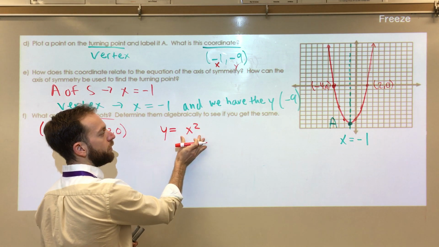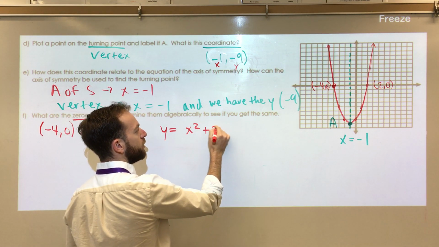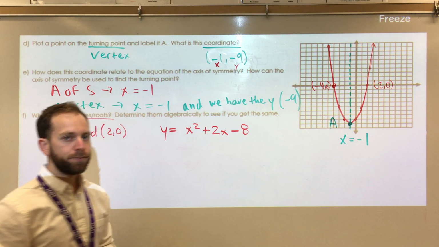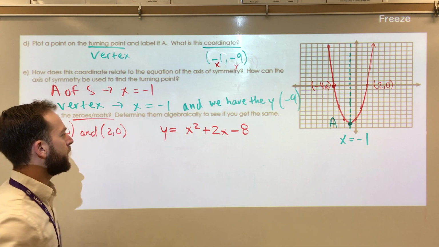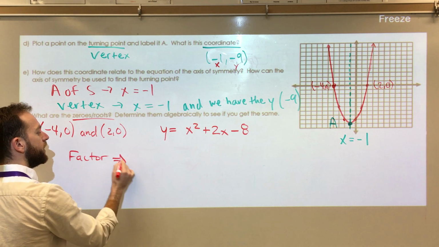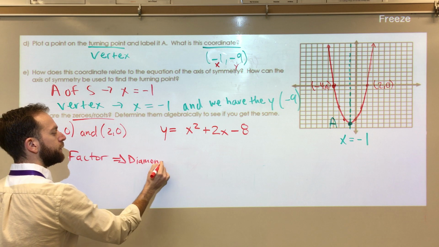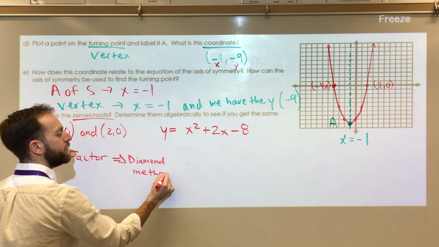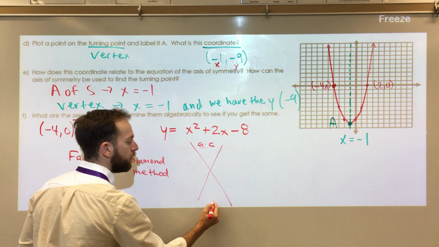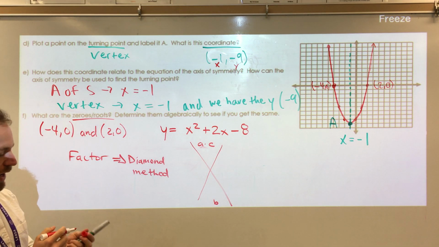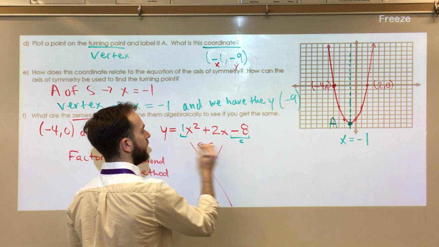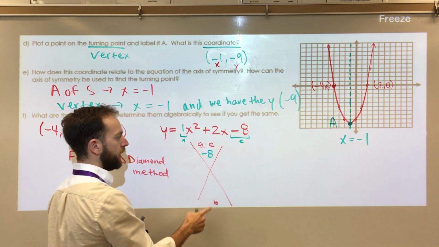The first term is x squared. The second term was plus 2x. And the last term was minus 8. 1, 2, 3, trinomial. So let's go ahead and try and factor this. Remember, when we want to factor a trinomial, we use the diamond method. Whenever you set up the diamond method, on top you want to put a times c, and on bottom you want to put b. That's how I remember b for bottom. So a times c would be 1 times negative 8, which is negative 8,